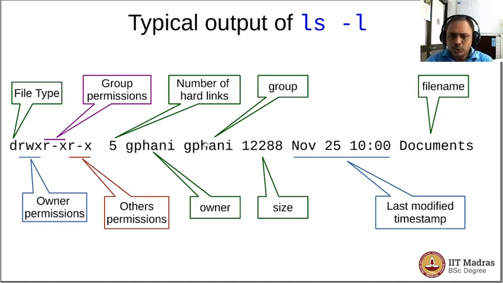And then there are 2 names that are given here. The first name corresponds to the owner. So who is owning this particular entry? That owner is displayed here. The second entry is for the group. So sometimes you may want to have the ownership of a folder be a group to which you are part, so that a set of users can collaborate to work on a particular directory together.